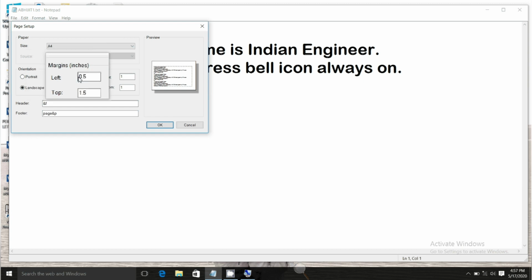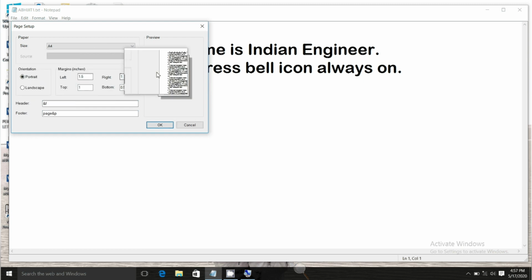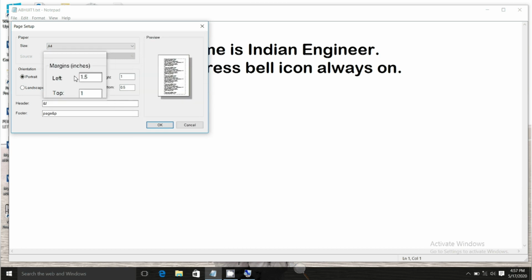These are the margins. Margins mean the blank space from all corners, all sides. This is the left side, right side, this is the top side, and this is the bottom side. You can choose any number for which margin can automatically turn blank space on the printed page.